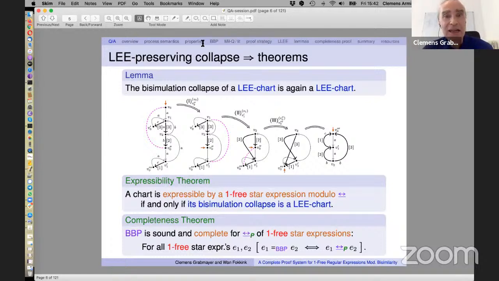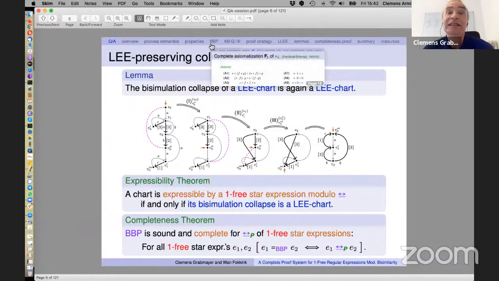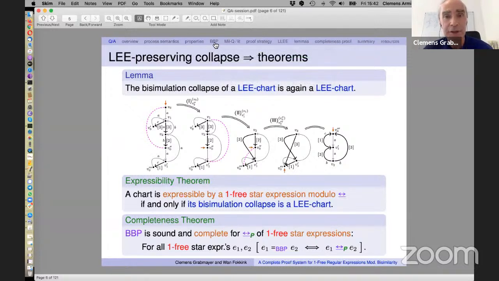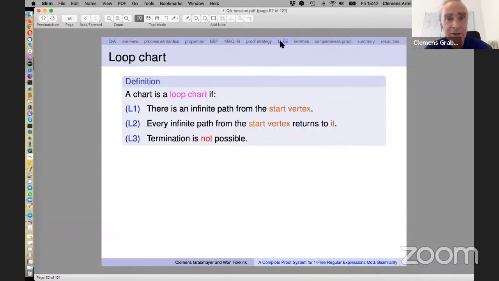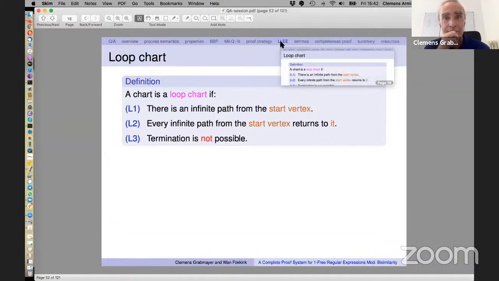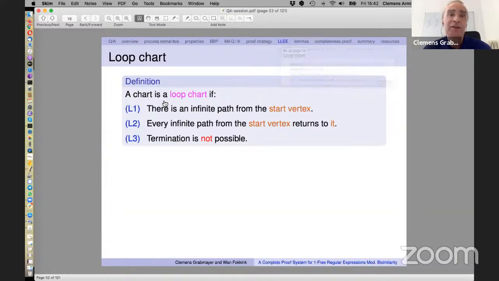Thank you, Jana, for the question very much. I just want to explain now what the slight and subtle difference in the definition of a loop is. In my presentation I define the loop charts with three properties. The first one, that there is an infinite path from the start vertex. The second one, that every infinite path returns to it. And the third one, that termination is not possible. And the third property, that termination is not possible, would have to be changed for the general case into one